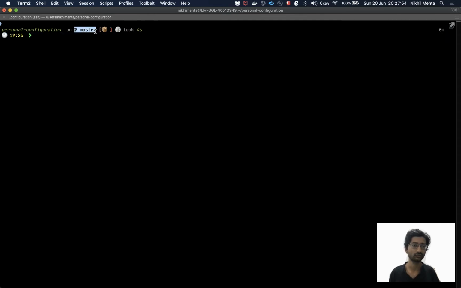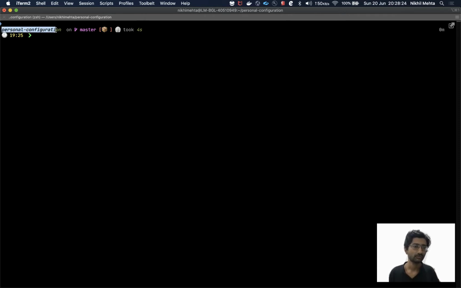So here I come to know that okay, this is a Git repository. I'm working on master branch. So I come to know that okay, I am on master branch, and do I need to work on master branch or should I switch the branch? So that's one thing you come to know. There are other things. I'll not be going deeper into all these things, but this symbol is configurable in my setting. It means there are some stash available in my Git index, right?